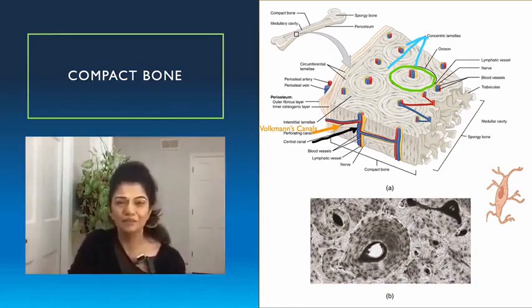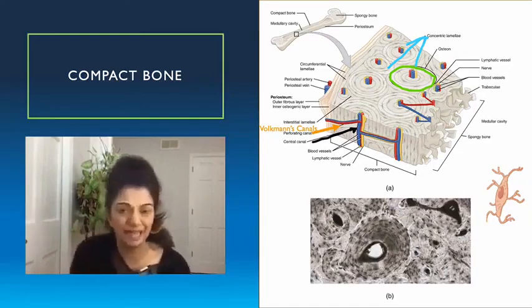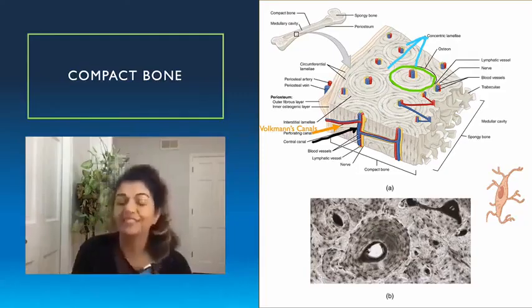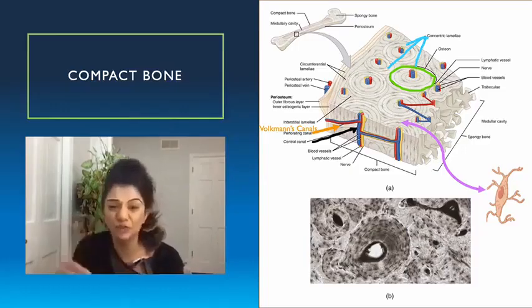Now, remember we've talked about lamellae. Do you remember what bone cell is in lamellae? What's hanging out there? It's not osteoblasts and it's not osteogenic cells. What is it? Osteocytes. Exactly. That's what you're going to find in the lamellae area. It's actually going to be in the